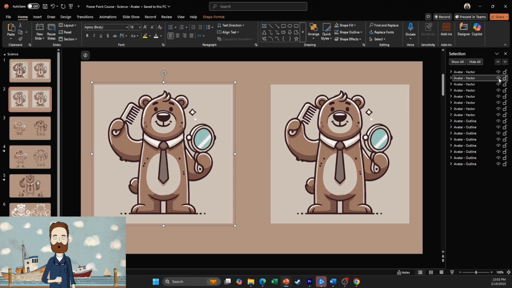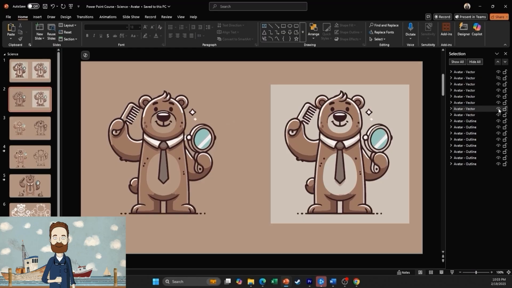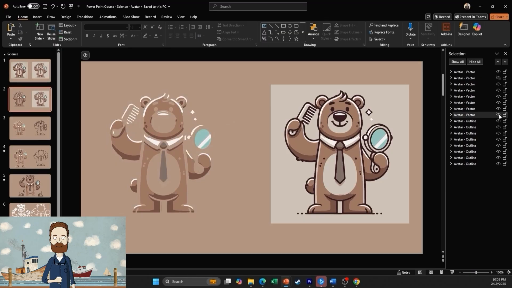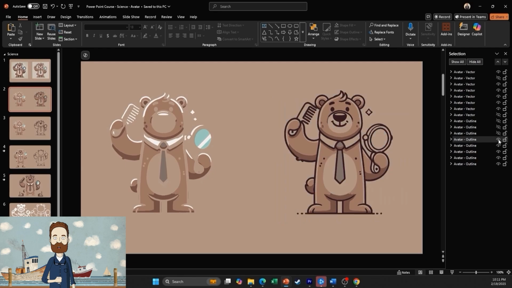Although Vectorizer.io indicated there were 7 colors, it seems that one of those colors was grouped together by Vectorizer and then split into 2 separate colors in PowerPoint, resulting in 8 colors in total. As we can see, there are 8 groupings for each image in PowerPoint. But at this point, it's easier to just show you what I mean. Let me hide each color one by one in the selection pane, so you can see how the image is broken down into its individual colors. What you're seeing now is essentially what I ended up with.